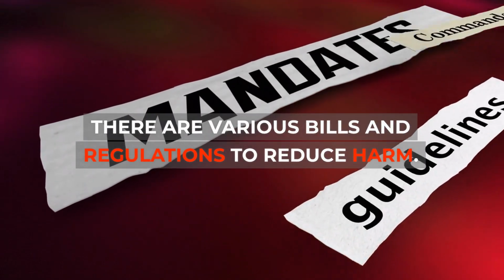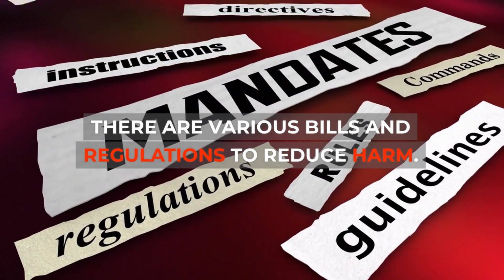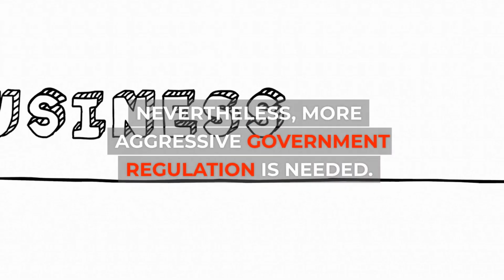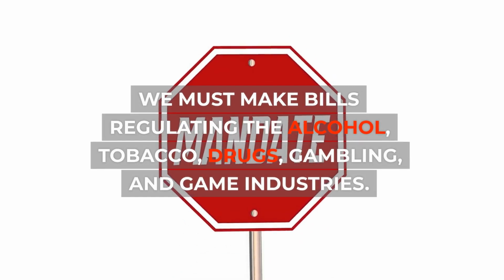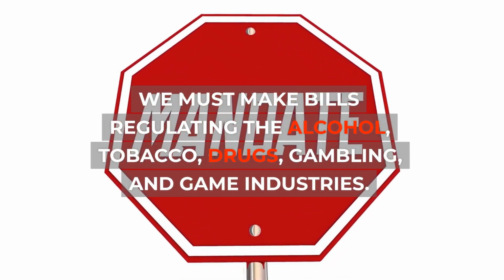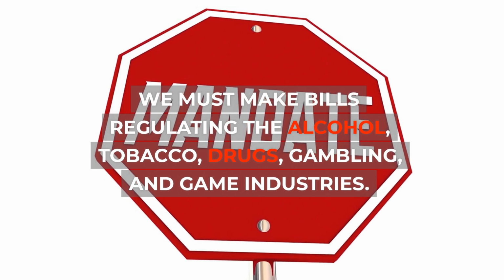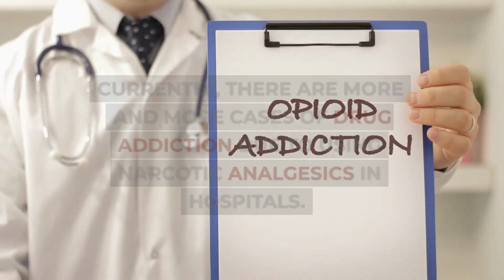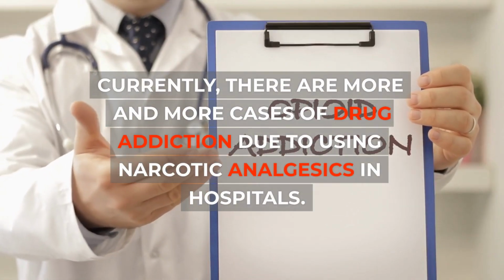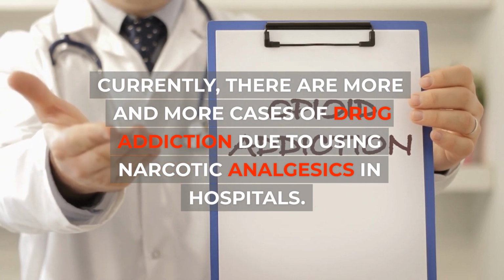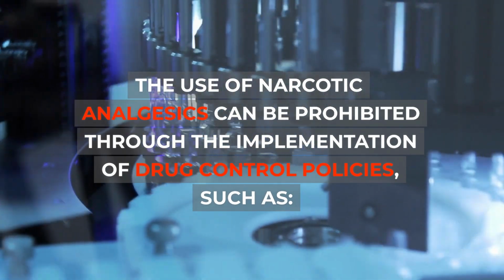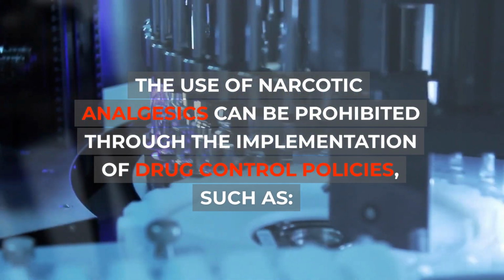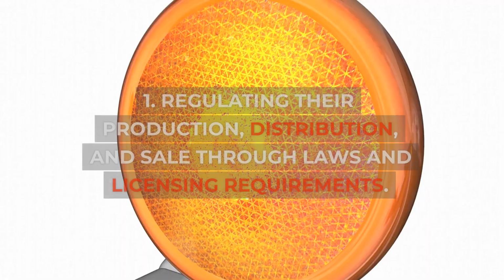There are various bills and regulations to reduce harm. Nevertheless, more aggressive government regulation is needed. We must make bills regulating the alcohol, tobacco, drugs, gambling, and game industries. Currently, there are more and more cases of drug addiction due to using narcotic analgesics in hospitals. The use of narcotic analgesics can be restricted through the implementation of drug control policies, such as: